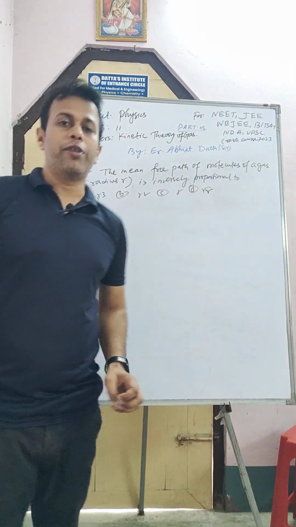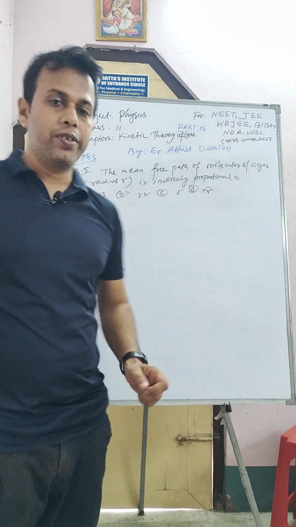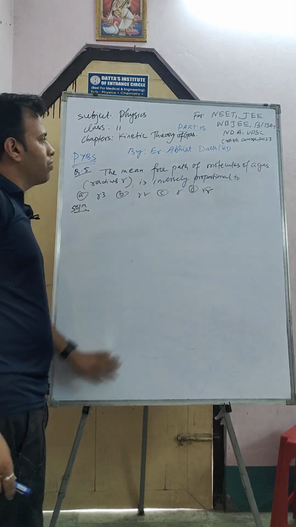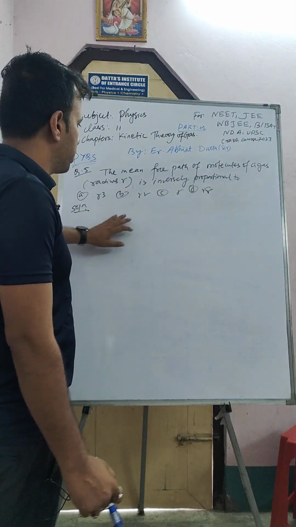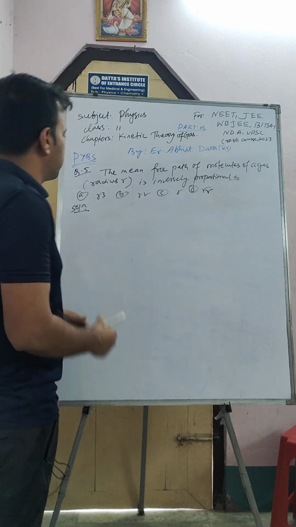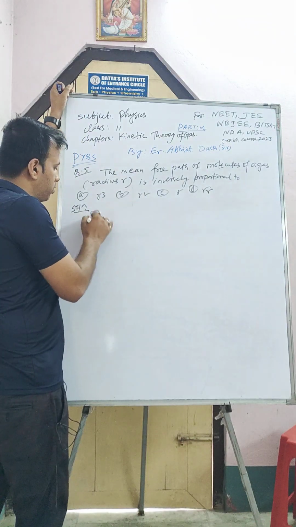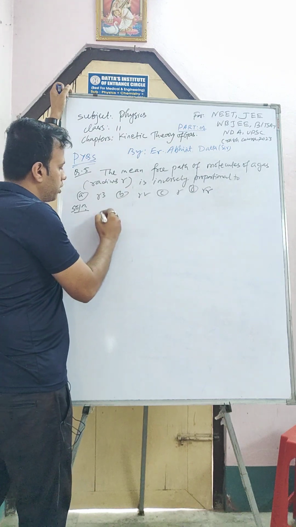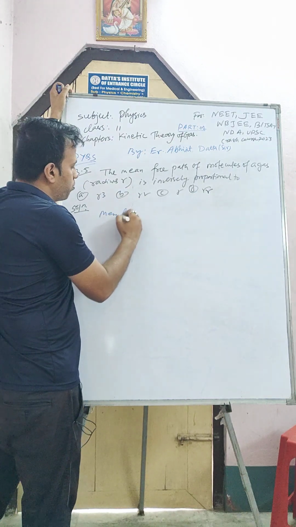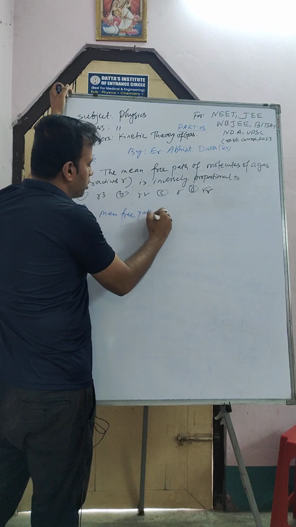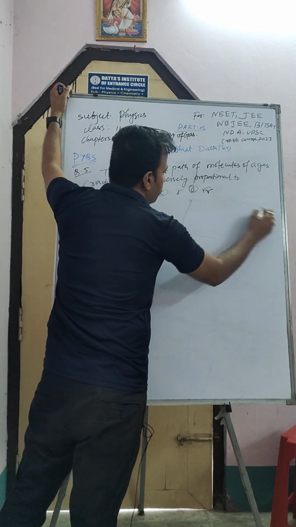Hello students. So our next question is question number 5. Question 5 is like this: the mean free path of a molecule of a gas of radius r is inversely proportional to r cube, r square, r or root over r. What we have to find out? So we know that mean free path. Sir, what is mean free path? Suppose